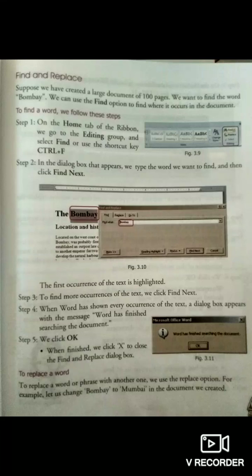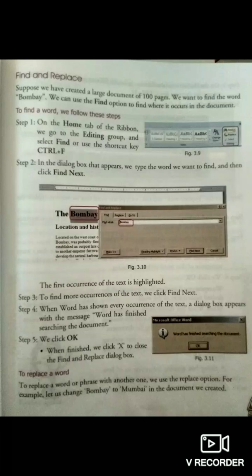So what to do? You have to follow a few steps. First of all, click on the Home tab of the ribbon, then go to the Editing group and click Find, or use the shortcut key Ctrl F for finding the word Bombay. After that, in the dialog box that appears, we type the word we want to find.